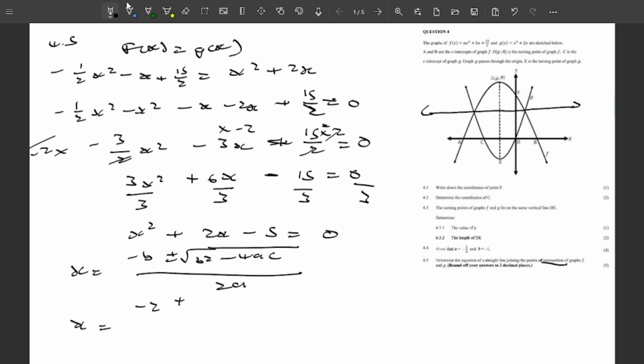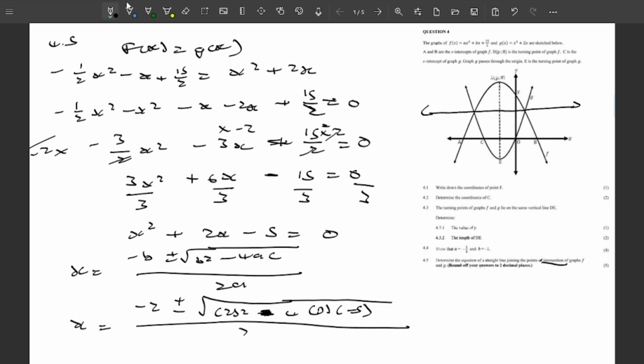It's 2, so -b is -2, and the square root of 2² minus 4 times 1 times c, which is -5, over 2 times 1, and from there I can simplify it to x = (-2 ± √24) / 2, and this would mean my x value,